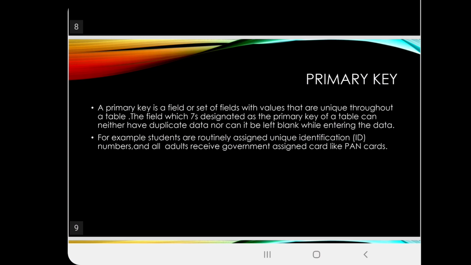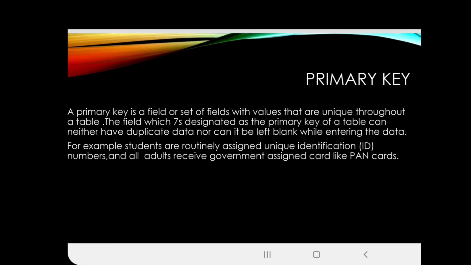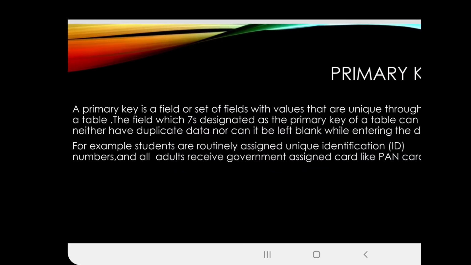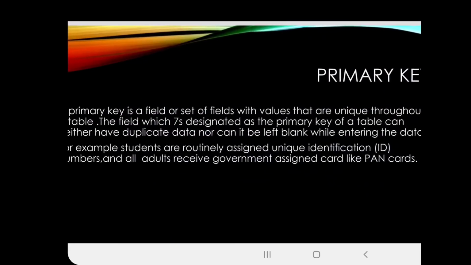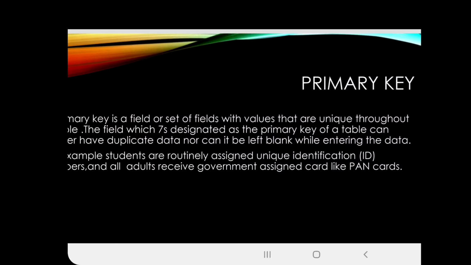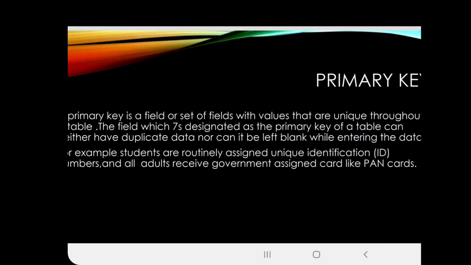A primary key is a field or set of fields with values that are unique throughout the table. The field which is designated as the primary key of a table can neither have duplicate data nor can be left blank while entering the data. That means the primary keys are those fields which are unique and only designated to a particular person.